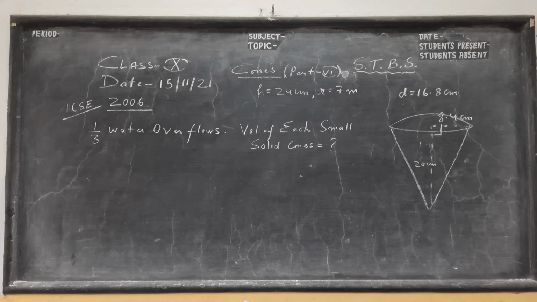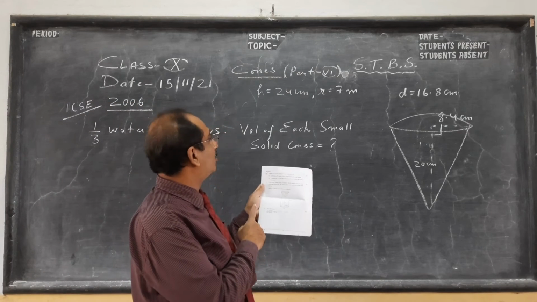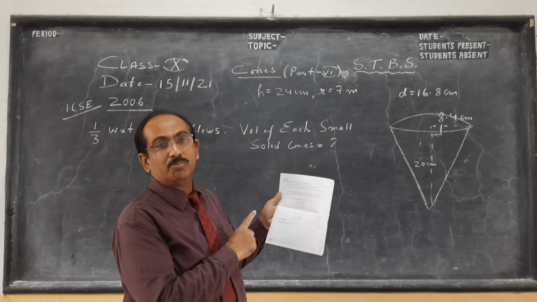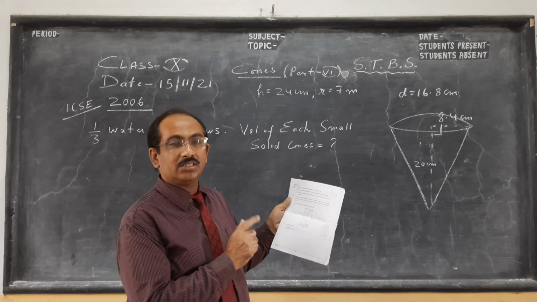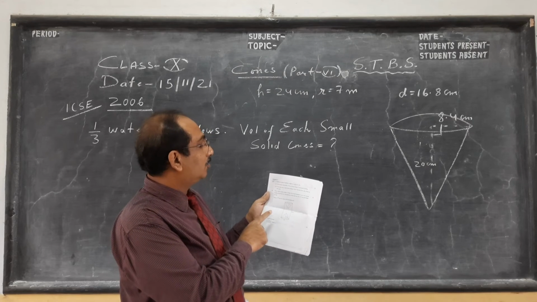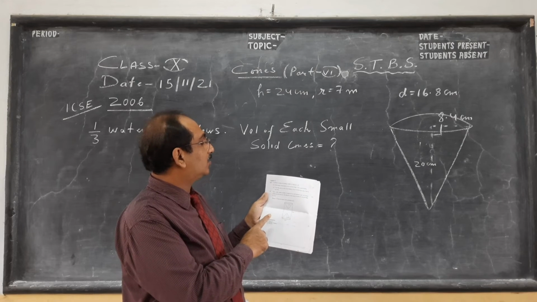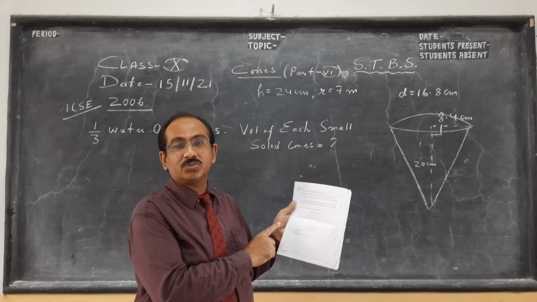Next we move on to the very last question of this session. Before I go to the last question, I was seeing last year's ICSE maths paper I have. Question 11B. This year there was no ICSE. Last year we had maths paper in 2020. So one question came with cylinder and cone. Very nice question, 11B in ICSE 2020.